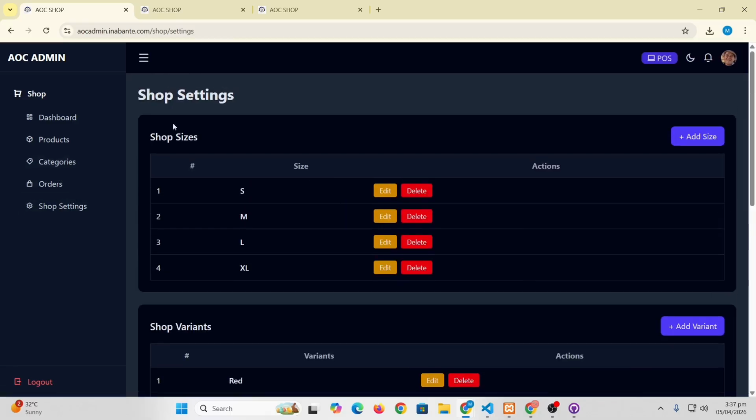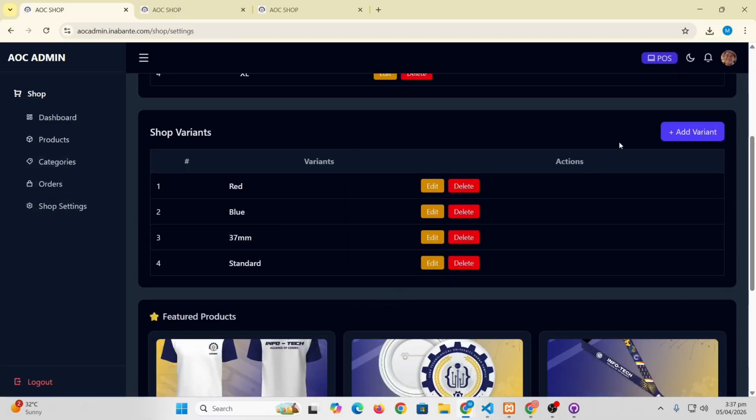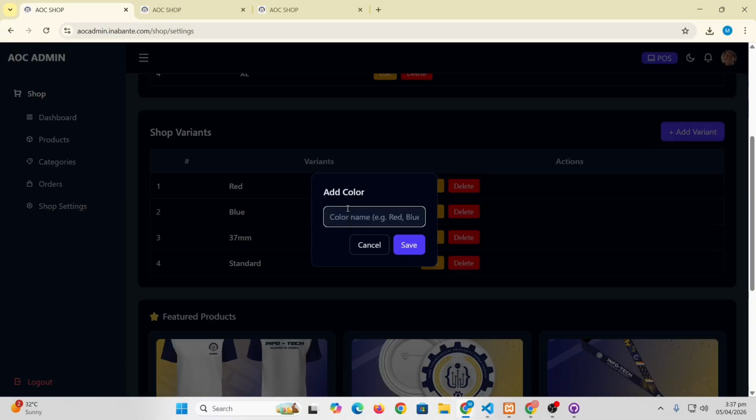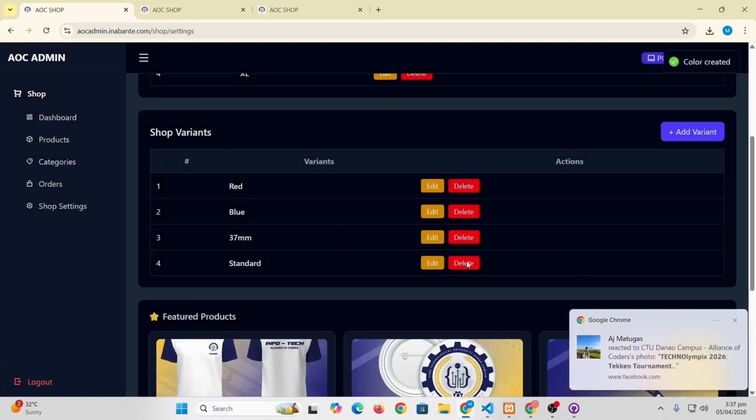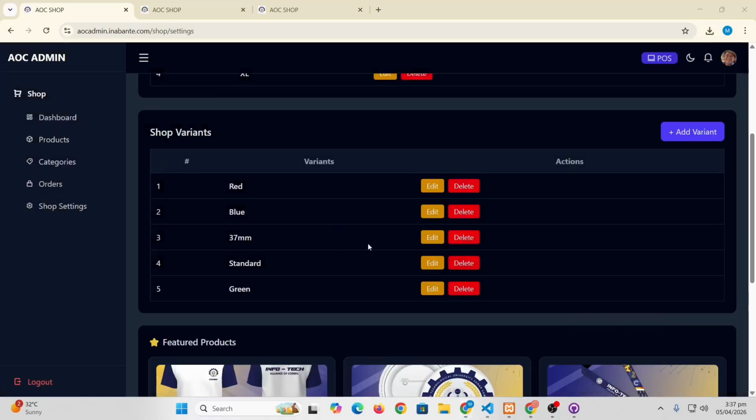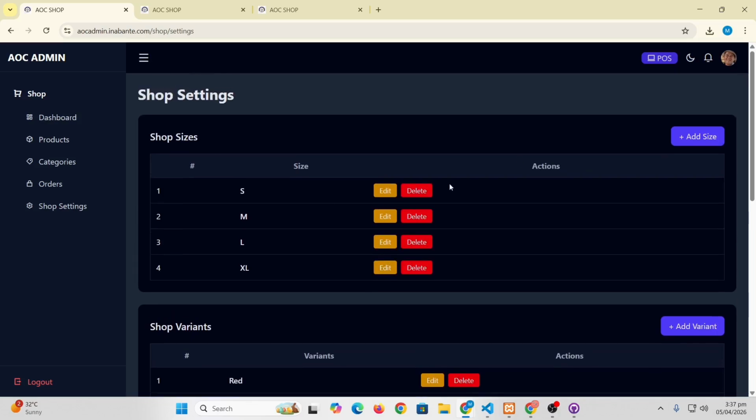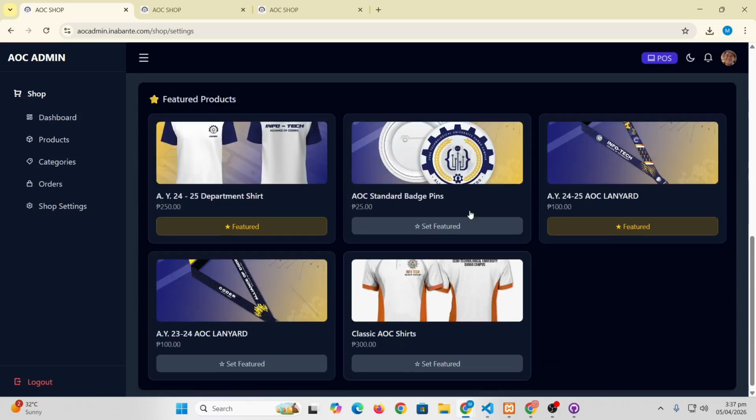So now, the shop settings. You can add more sizes, more variants if you want. For example, we wanted to add a green. So the shop itself is highly customizable. You can customize featured products. For example, this one as a featured AOC shirt.